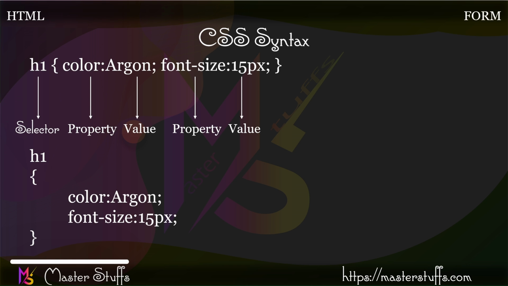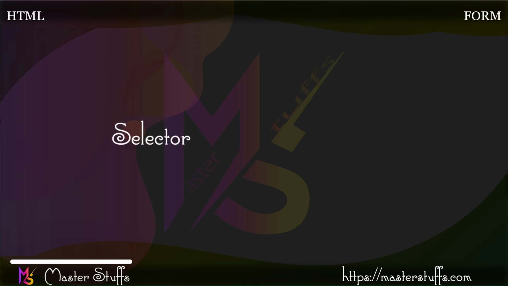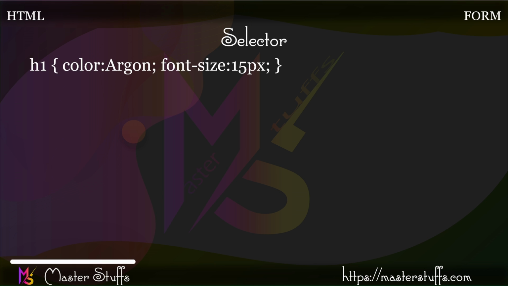Here you can see there's the word selector. What is a selector? So let's talk about the selector. We take the previous example. The selector is mainly of 5 types. The first type is the simple selector. The simple selector is about ID and class. We style with ID and class.